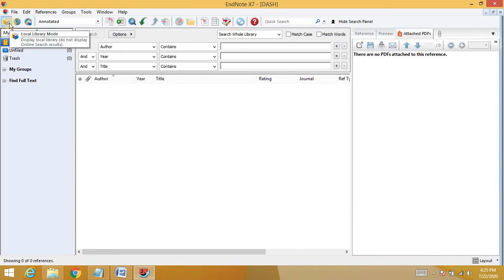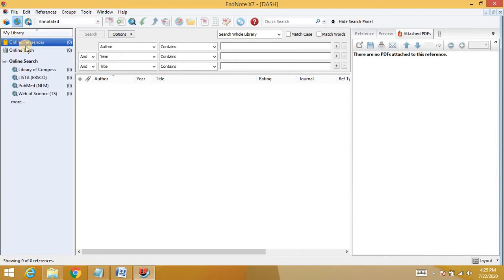So these are the modes of the EndNote software. The integrated library requires a lot of capacity in our computer, so I find it easy to use the online search mode, because in this we can select the data we want and save it in the local library mode, and then we can read from it.